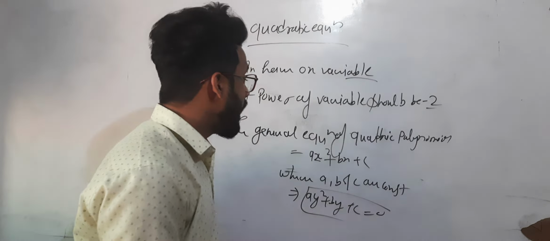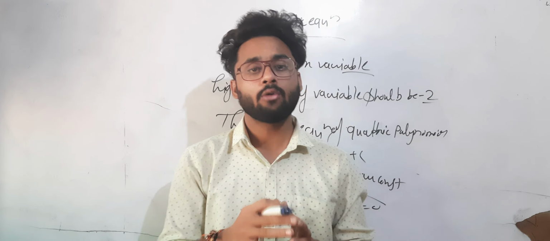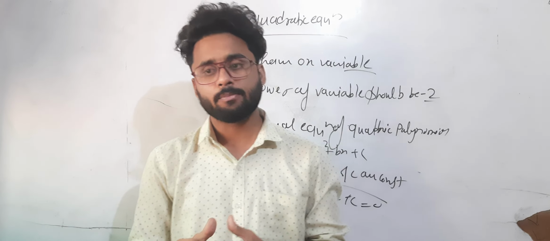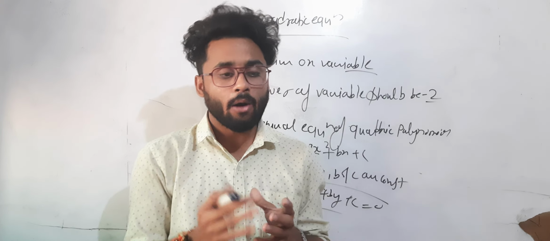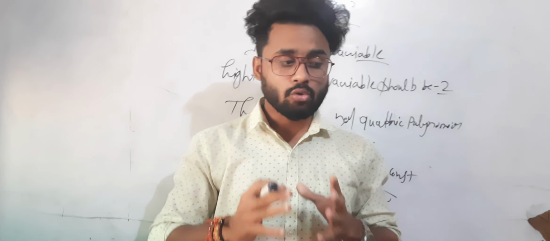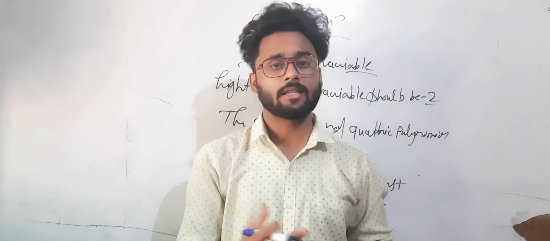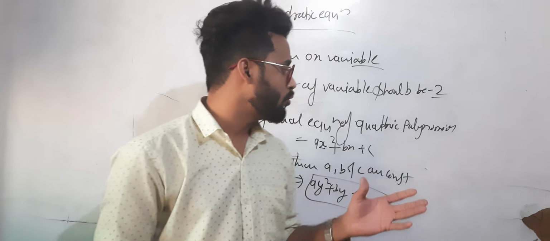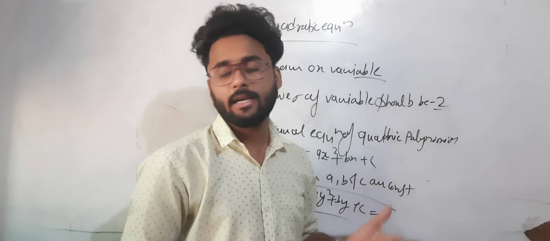It is also called a binomial polynomial, and also a quadratic polynomial. The main question is how to factor the polynomial. If you have ax square plus bx plus c, most students have a common problem: how to find the factors of the quadratic polynomial. It is very simple and easy, so now we start how to find the factors of this type of quadratic equation.